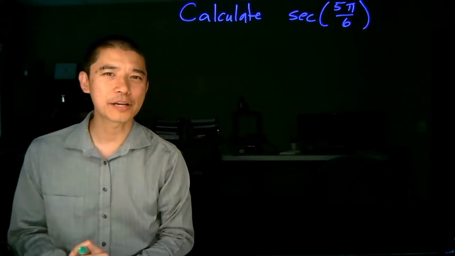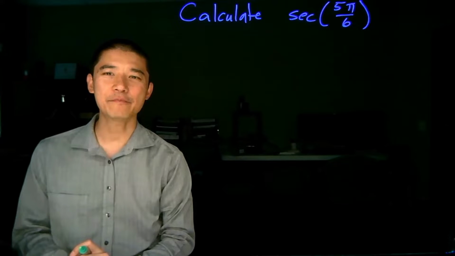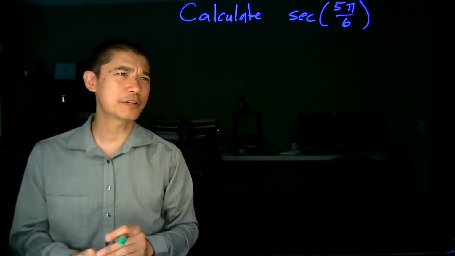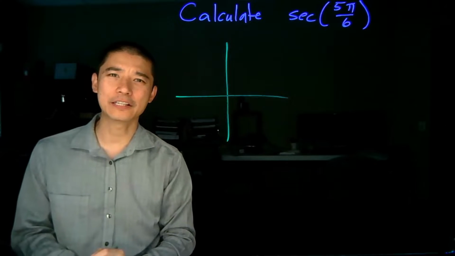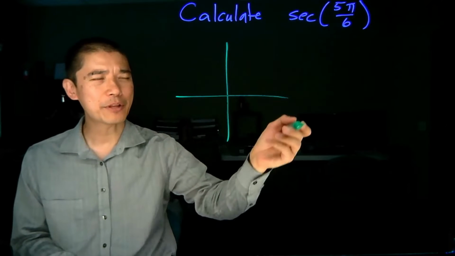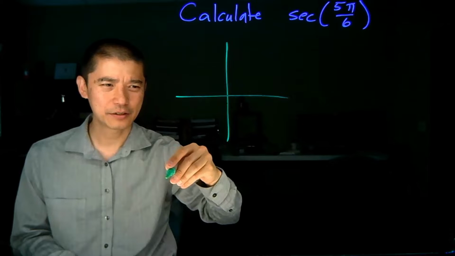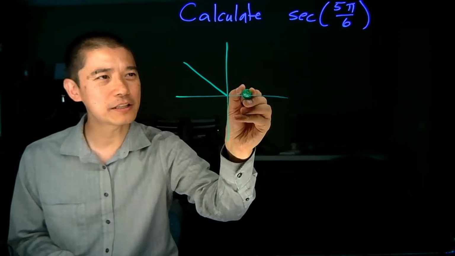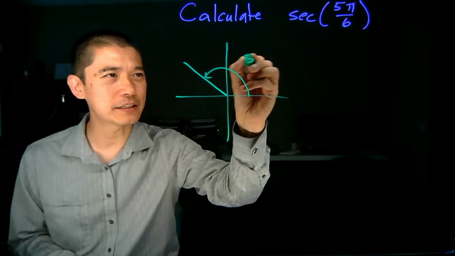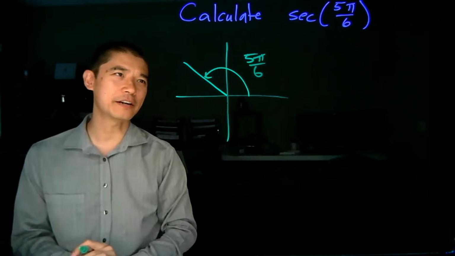So here's another example. Calculate secant of 5 pi over 6. Now there are a couple things we can do to get started. First of all, let's just figure out where 5 pi over 6 is as an angle. Now you might remember that pi over 6 is 30 degrees, so 5 pi over 6 is 150 degrees. We're going to keep writing these out in radians for practice, but 5 pi over 6 is there,